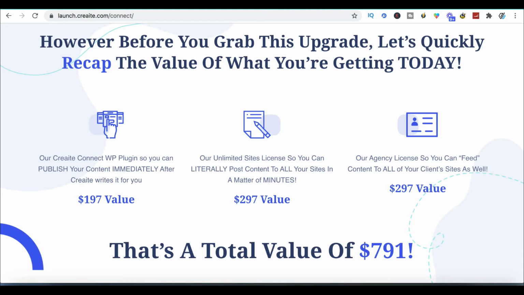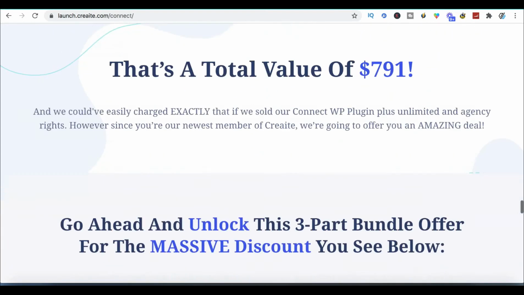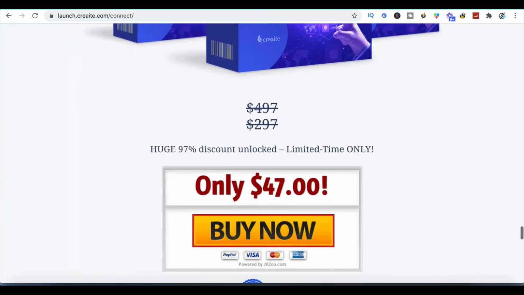So if you're relatively new to affiliate marketing, the chances are you won't have any of this. So you won't have anyone to post articles to. You're buying this to be able to post articles to your own site. So I don't really see what the value of this is, but the cost for this upgrade is a one-time